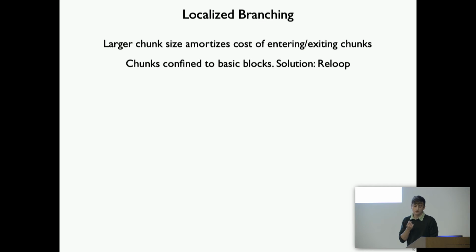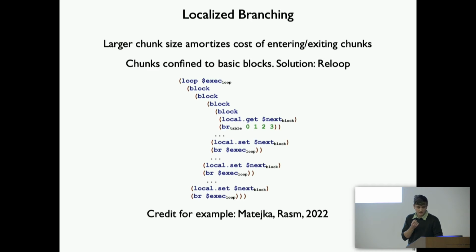And the idea behind Relooper is to do a transformation on a control flow graph and generate a proper nesting of blocks. They're put in a loop, and there's a variable that you set to figure out what next block you want to jump to. But essentially, this transformation is meant to mimic a sort of arbitrary branching structure within the confines of Wasm. And so that transformation would need to be done on generated PB chunks or Wasm chunks if this were to work. So there are some complications there.